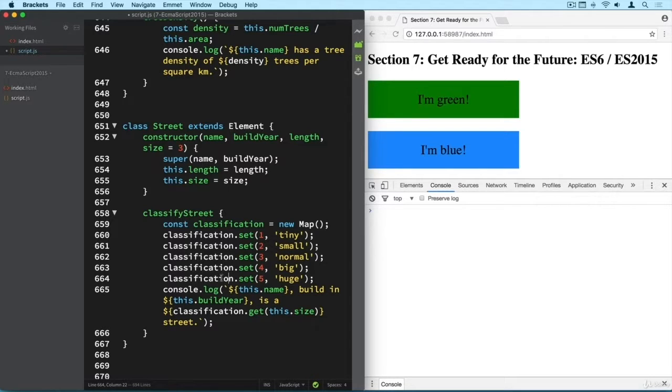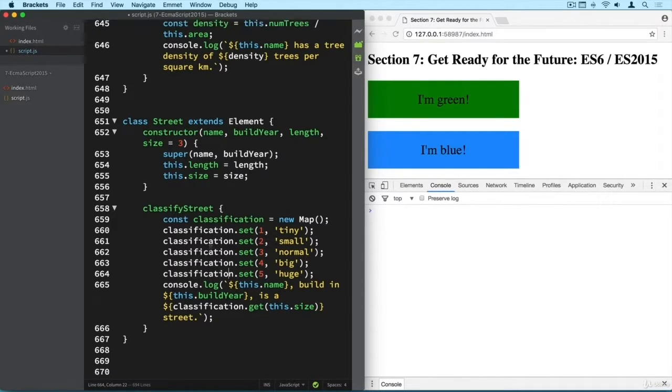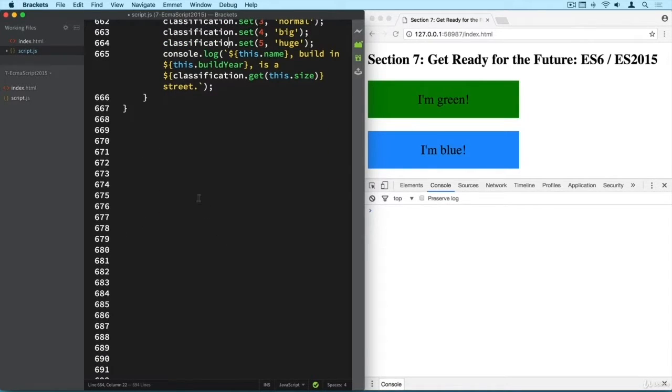So we now have all our classes or data model, let's say so, defined. So now it's time to create some data. So to create some objects. And we're going to start with the parks. So I will create an array which will contain all of our 3 parks, because remember, we have 3 parks and 4 streets. So I will say all parks